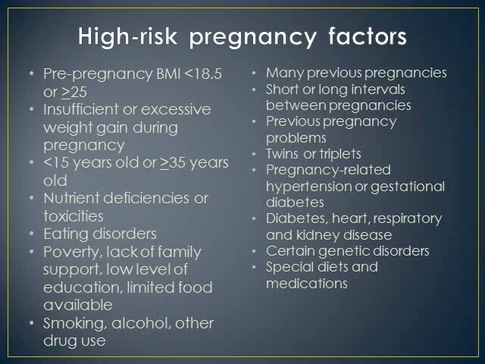So, some high-risk pregnancy factors. This is from table 13.1 in your book. These can increase the risk of having abnormalities occur during those critical periods. As we've talked about before, weight can increase the risk for abnormal pregnancy outcomes. So low body weight, high body weight, also too much weight gain or too little weight gain, and age, too young or too old. We have nutrition-related factors that can make a pregnancy high risk: consuming too much, consuming too little, having an eating disorder, having a lack of access to food, and use of drugs, alcohol, or smoking.